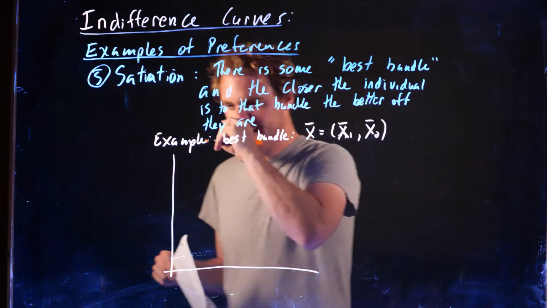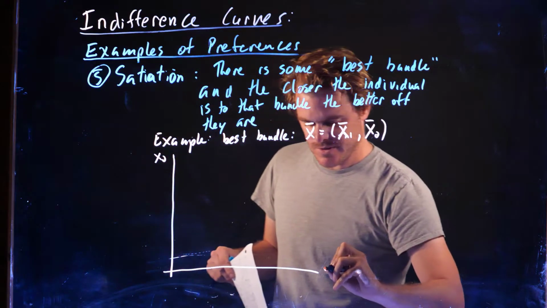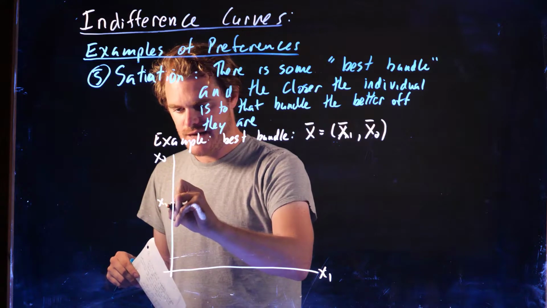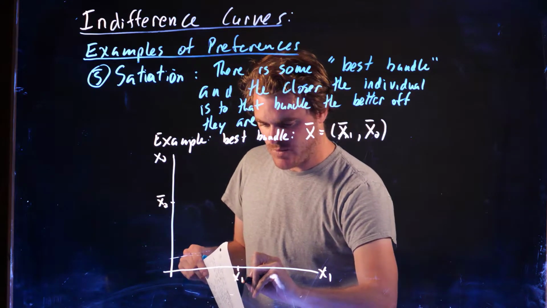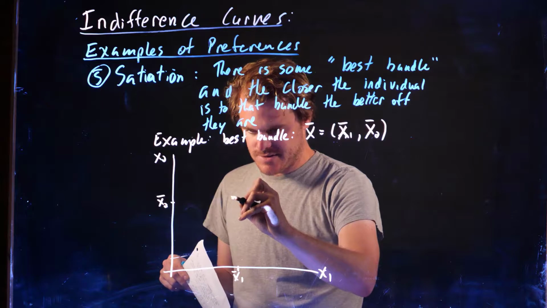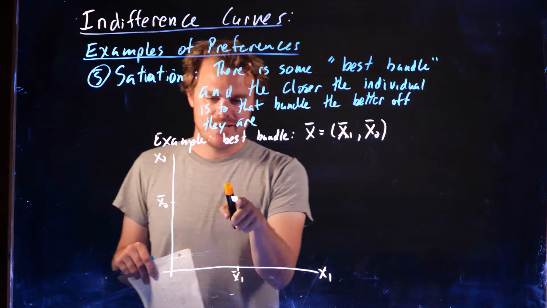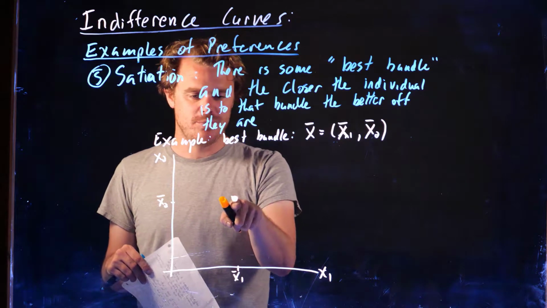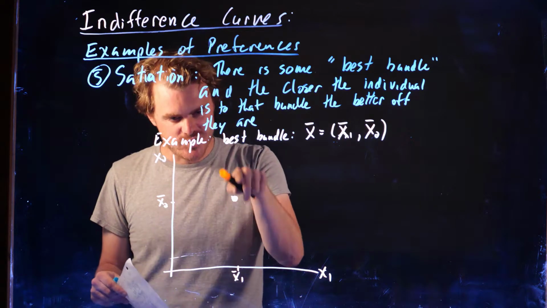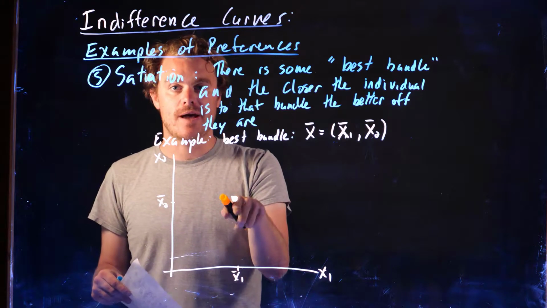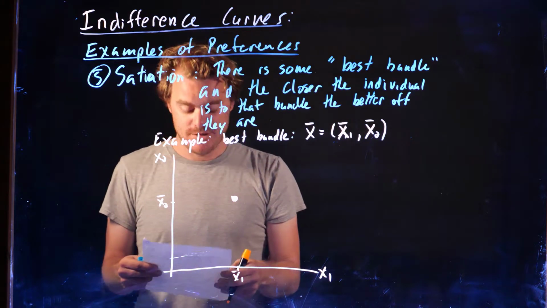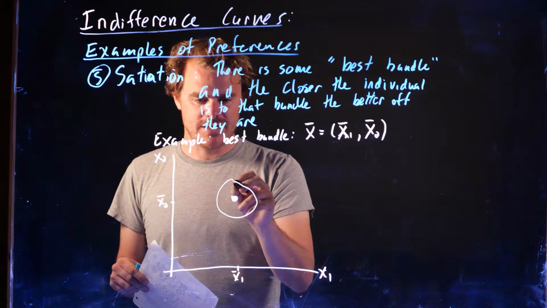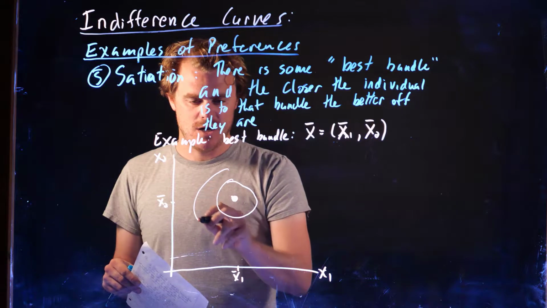So here's our plane, here's x2, or good 2, here's the amount of good 1. Now let's say we have this x2 bar and x1 bar right around here, and this is our best bundle. That's the satiation point, or the bliss point. We want to consume that exact amount, and the closer we are to that point, the better off, or the happier we are. Well, what's going to happen here, the indifference curves are going to be like circles around this